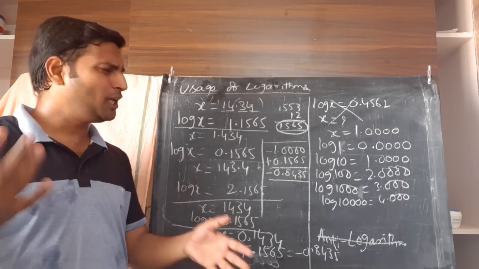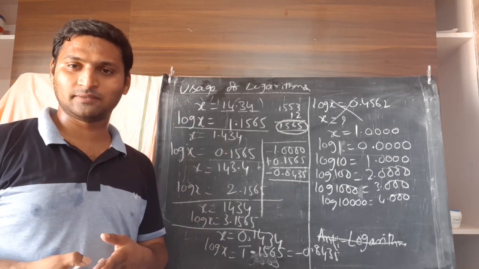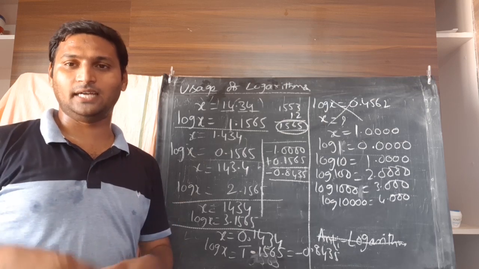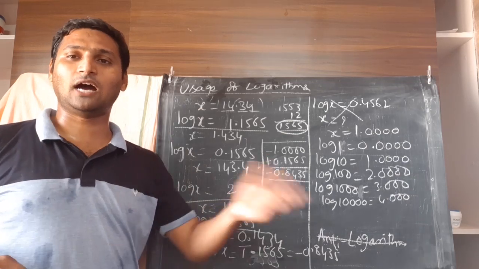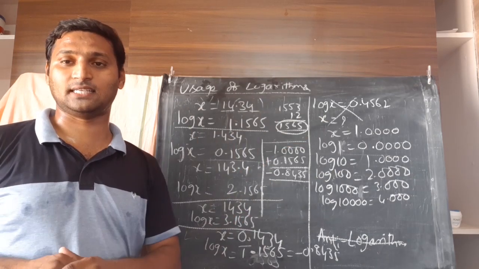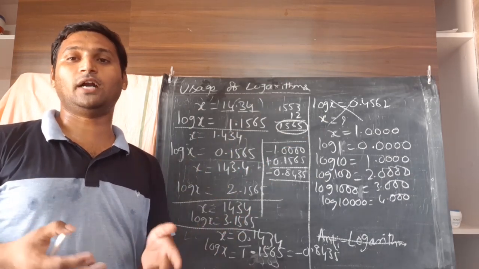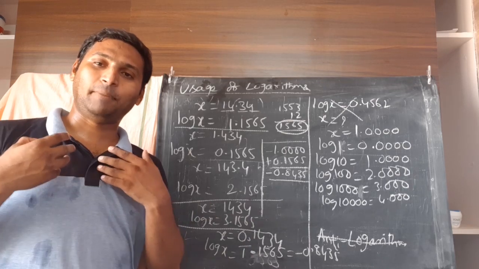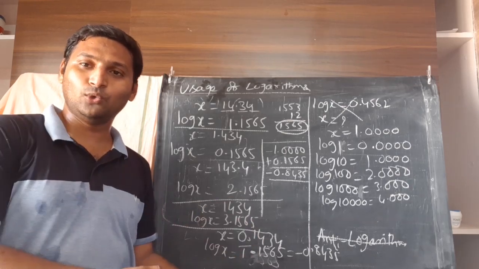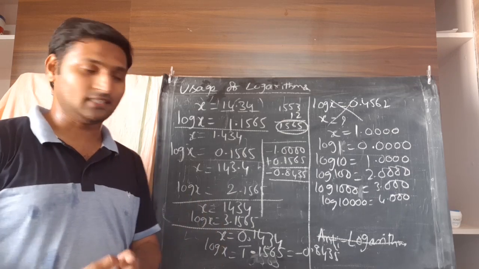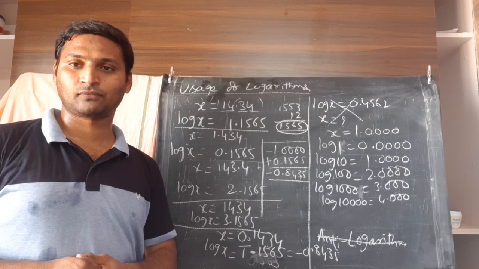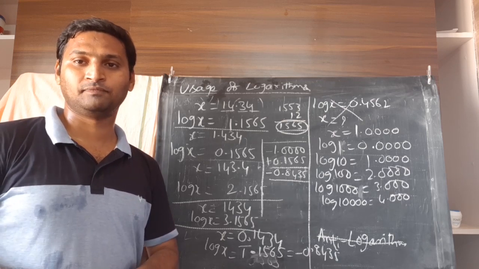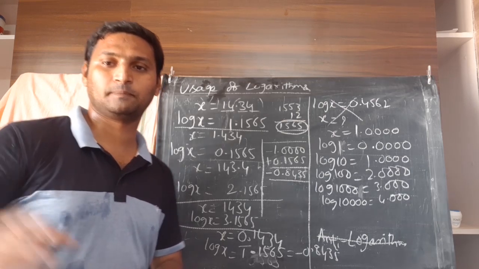Now randomly you pick some values for x, say log 8, log 8.43, log 10.34, log 134.6, log 1040.2. Likewise, pick up some random values, use the log table, try to find the mantissa and then add the characteristic, get the full value of log. Okay, do the practice. Let us move on to anti-log tables.